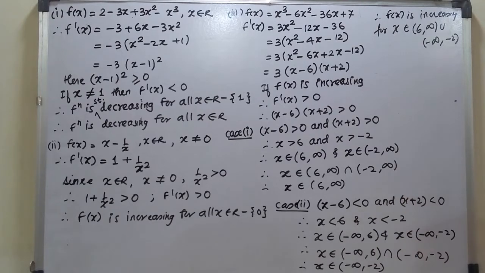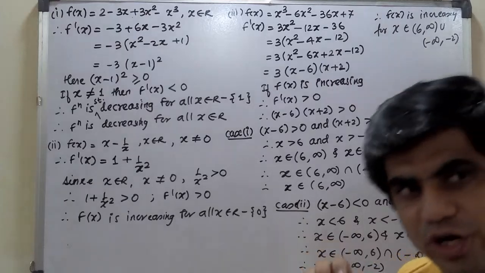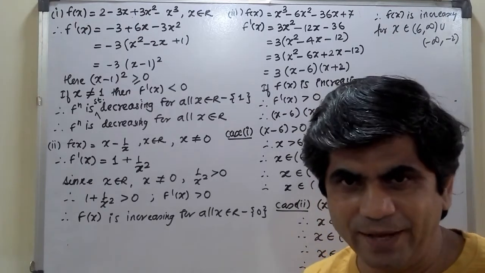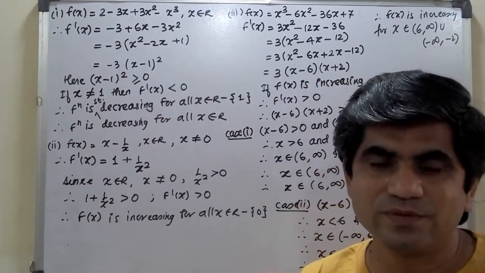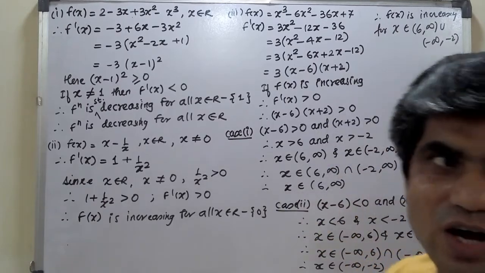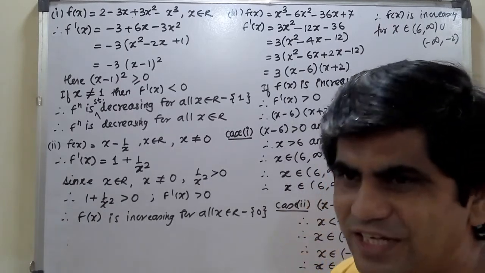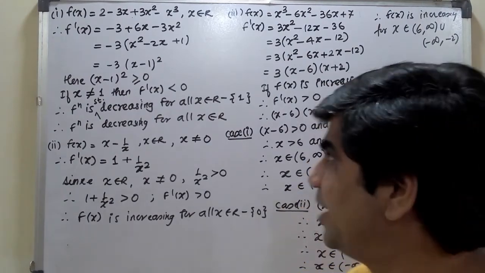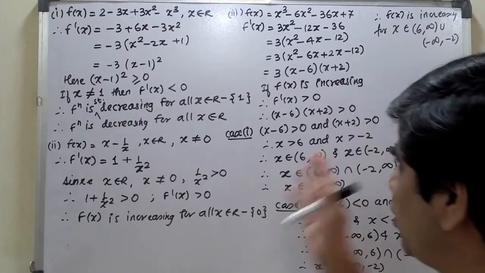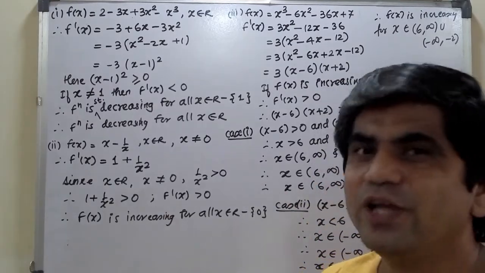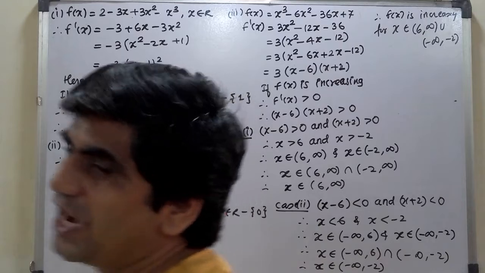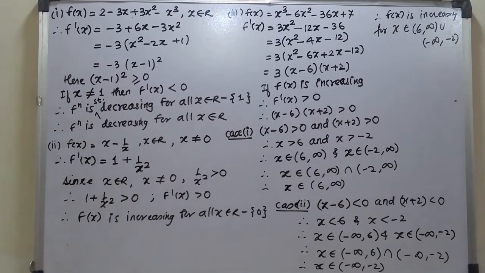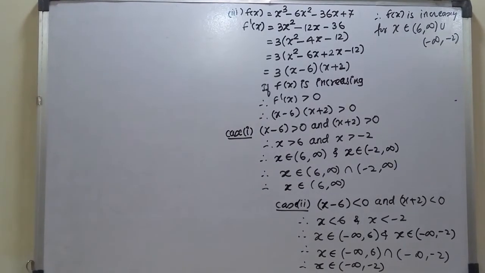Okay, now this is the way actually you have to do for solving, but I will show you one shortcut also. Whether to use or not in board, I would not suggest you, but if you are going to solve it for only 2 marks, then better don't do all these things. Then you can use that shortcut which I am telling you. It is called as wavy curve method.